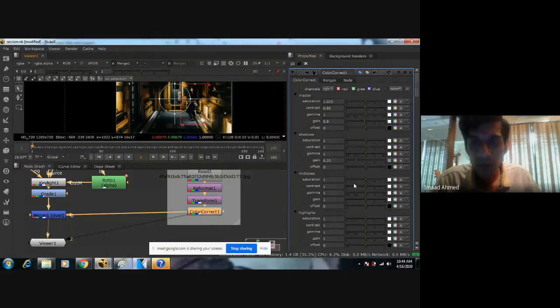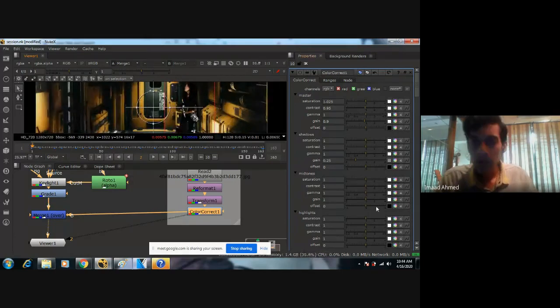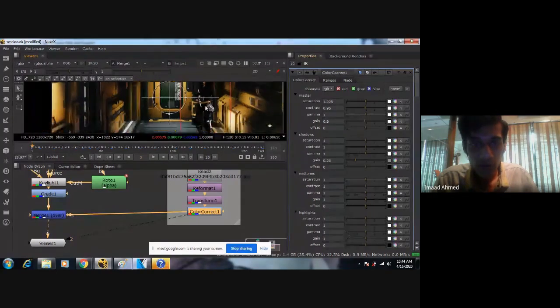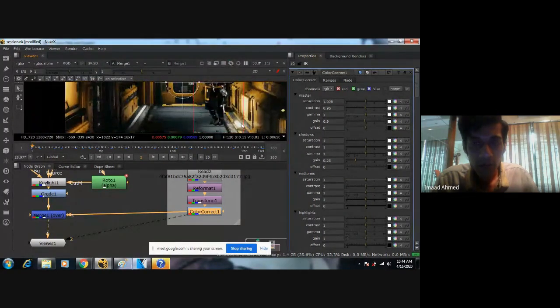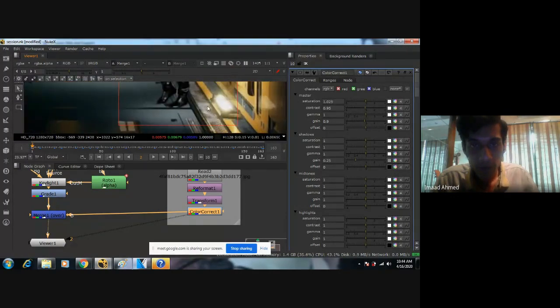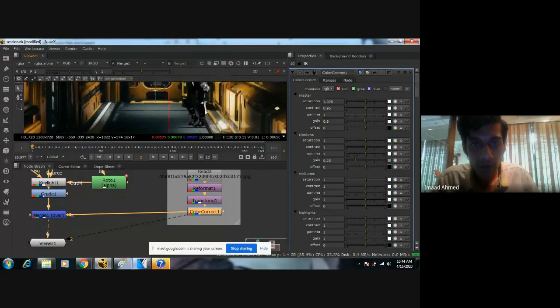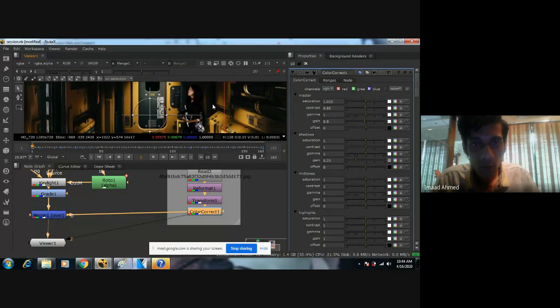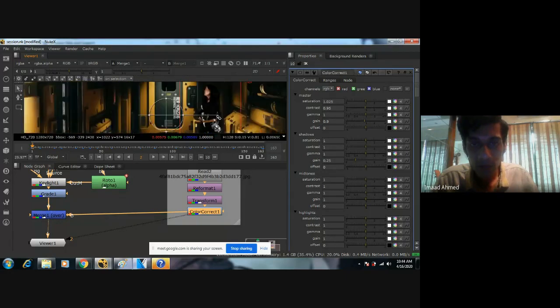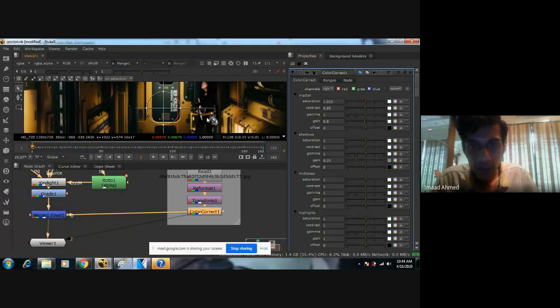I'm not going to worry about the midtones for now because I need the midtones to be sort of in the middle area. And I'm going to work on the highlights now, which should be just as, if not more than, blown out as this light right here, but still too blown out. Maybe some area around here is a good reference point for me to light the girl in that way. So I'm going to go in and increase the gamma on my